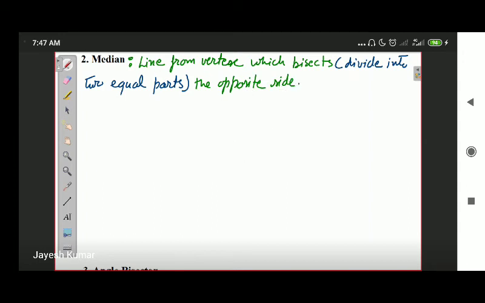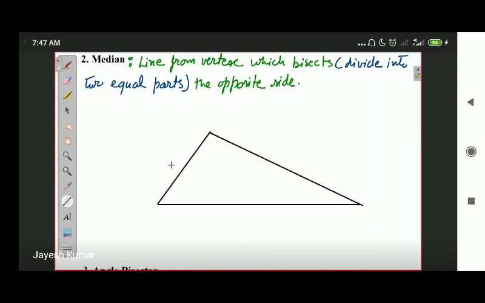Once again, let us draw a triangle and understand. I am making an acute angle triangle. It is also a scalene triangle. You can also try to make an obtuse angle triangle or a right angle triangle. Once you do that, you will understand this much better. So this is triangle ABC. Let us draw medians. The midpoint of BC is somewhere here, the midpoint of AB is somewhere here, and the midpoint of AC is somewhere here. They may not be the exact midpoints. As I draw more, I will get them more carefully.